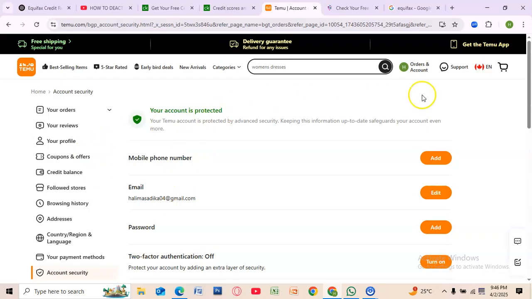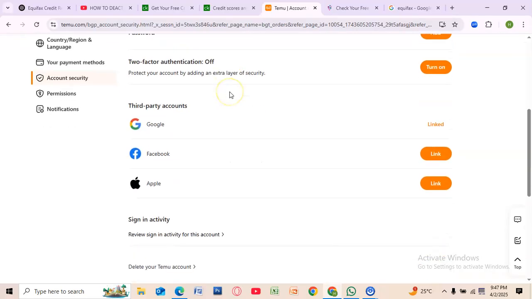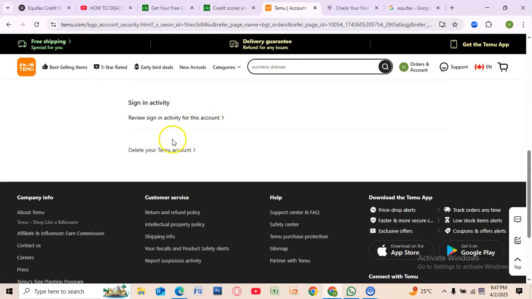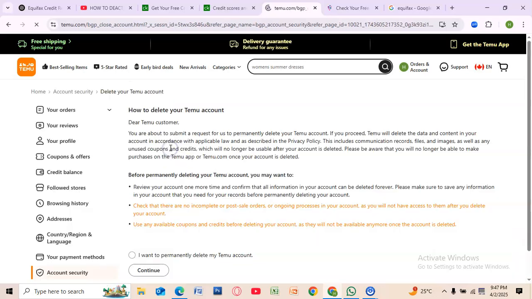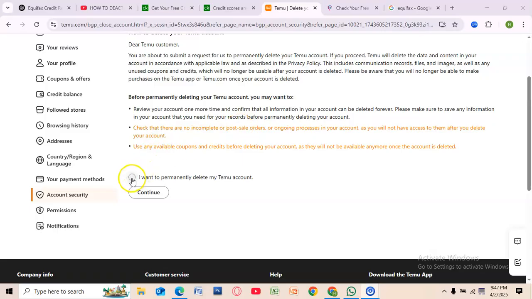Now you will see here a bunch of options. Scroll down until you see the delete your Temu account option here. Just select it. Now what you have to do here, just click on I want to permanently delete my Temu